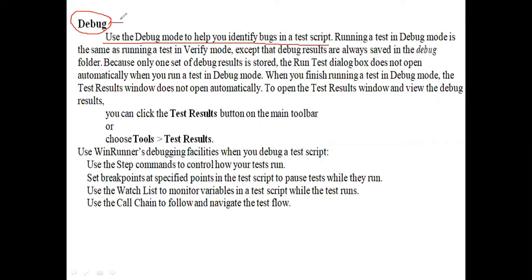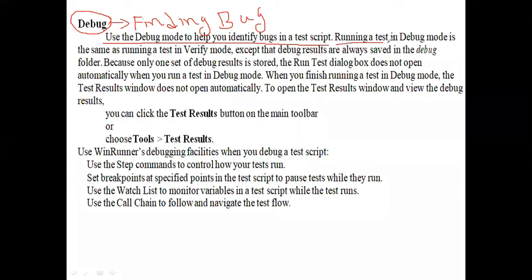What is debug? Debug is nothing but finding the bugs, that means errors. So use the debug mode to help you identify the bugs in a test script.